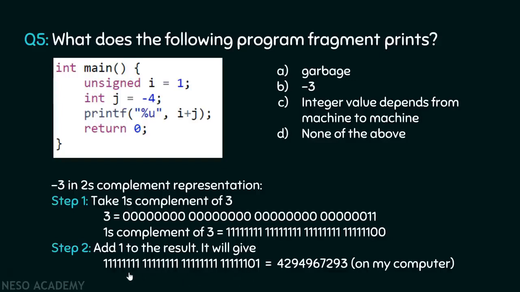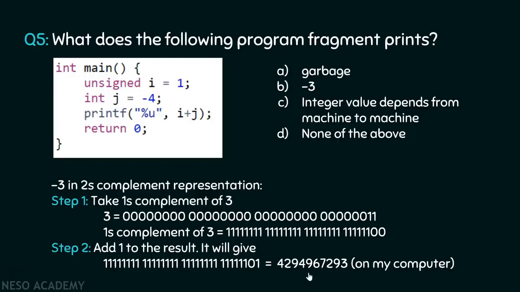And we know that the unsigned integer maximum value is 4294967295 when the integer is 4 bytes long. Here you can see not all the bits are equal to 1. This bit is not equal to 1. If this were 1, then this would be 4294967295. Because this bit is not set and its place value is 2 raised to the power 1, which is equal to 2, we need to subtract 2 from the maximum value 4294967295. This gives us the answer 4294967293.